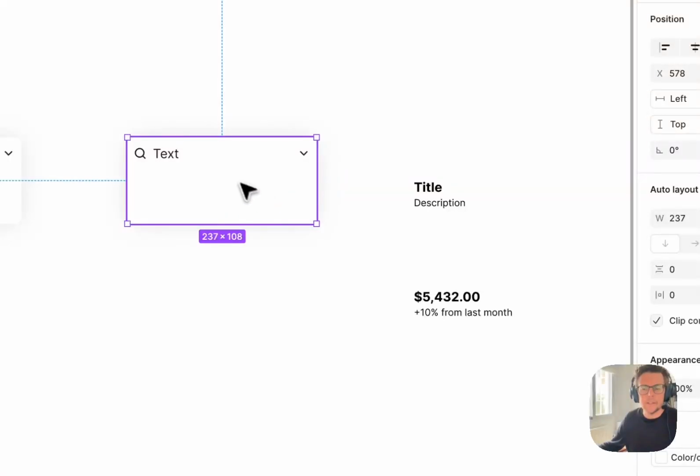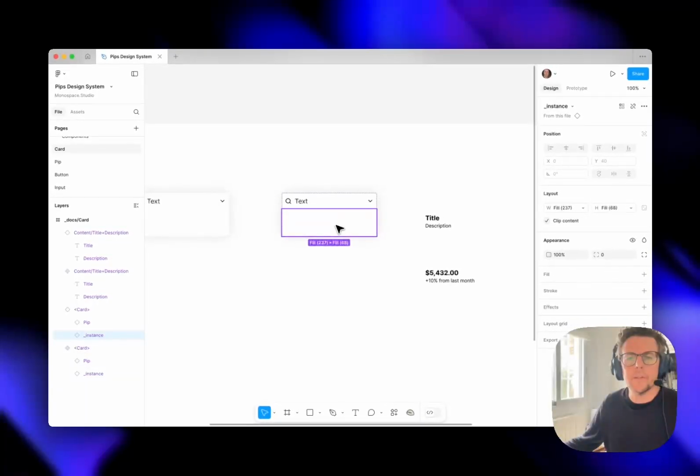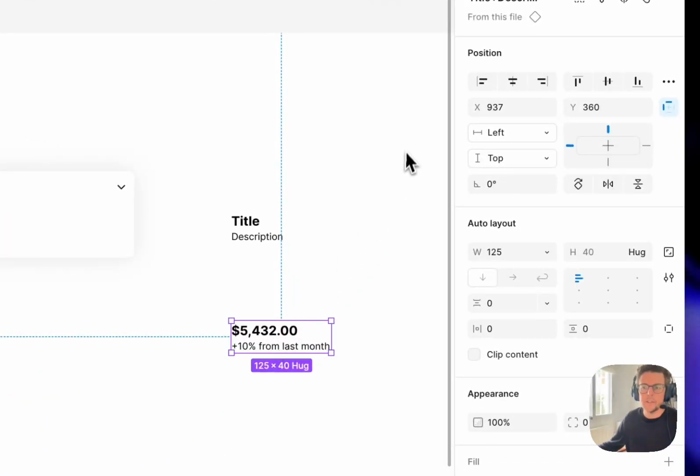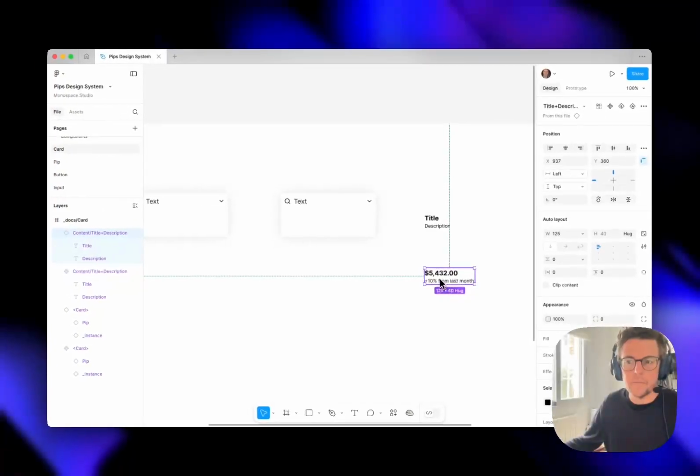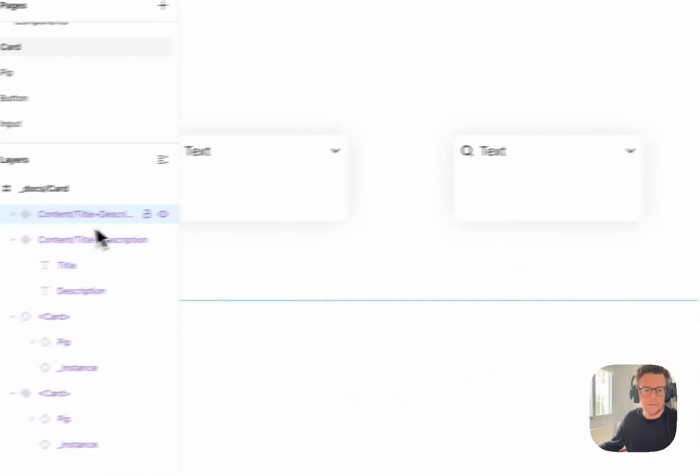Now what I want to do here, this has got the instance in, so whatever this content is going to be will need to be an instance, and in this case we need to create a new component from this so that we can put it into our card here. So I'm going to create a component, and I'm going to call this one